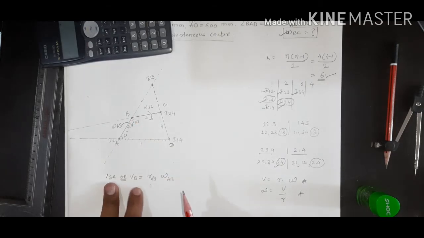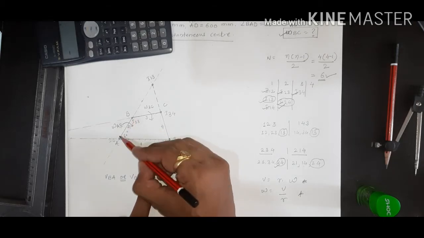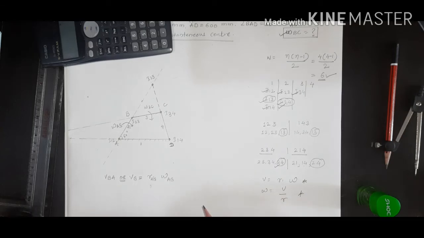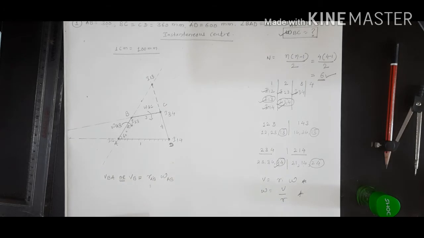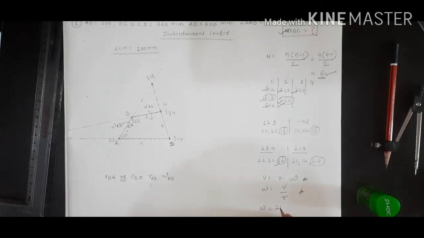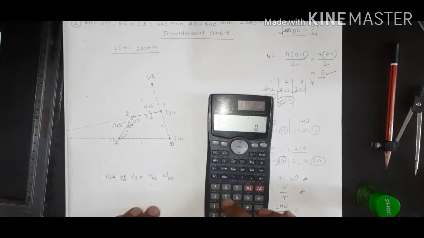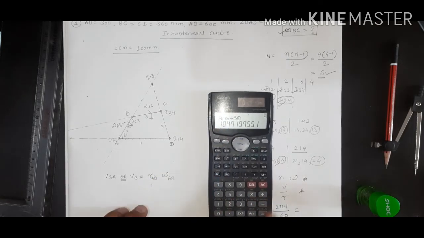So these both are same, will be equal to R omega. R is nothing but the radius of the link AB and omega is nothing but the angular velocity of the link AB. Now omega is given in RPM, so we have to convert it into radian per second. So we know omega is equal to 2 pi N by 60. N is given, 100 RPM. So 2 into pi into 100 divided by 60, so it is coming 10.47.